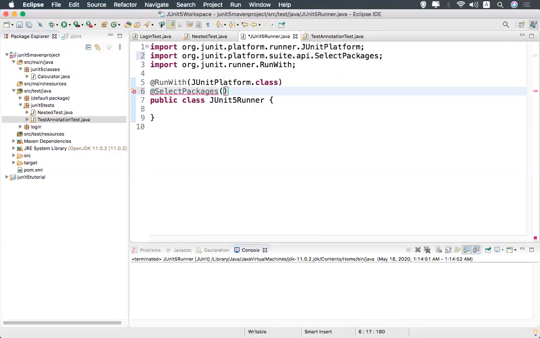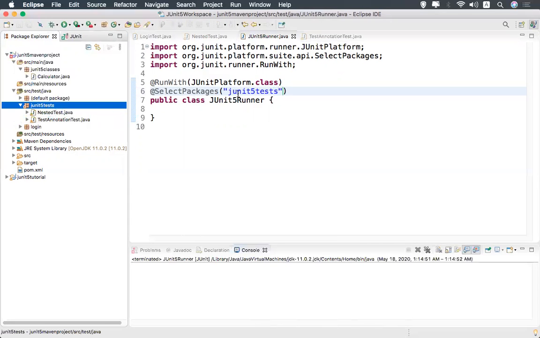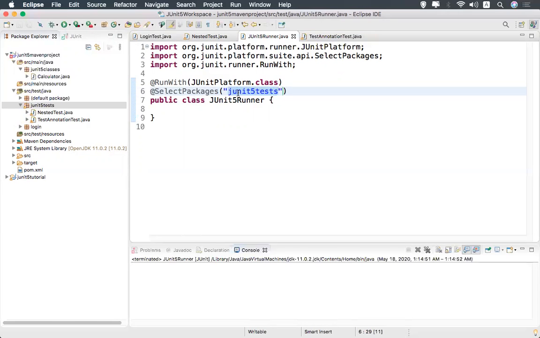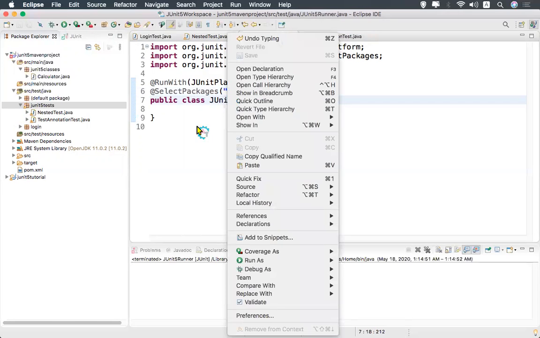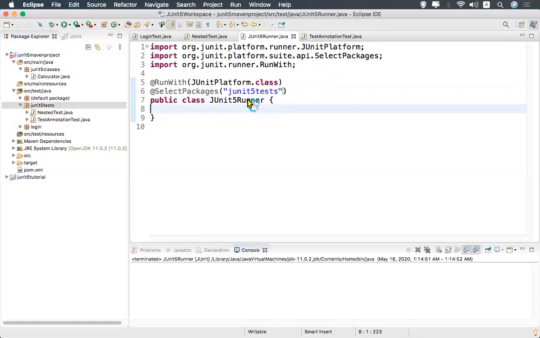Now you mention which package you want to execute. What is the package name? junit5 tests, right? This is the junit5 tests package. So I want to execute only that package, and no need to mention anything inside the class.